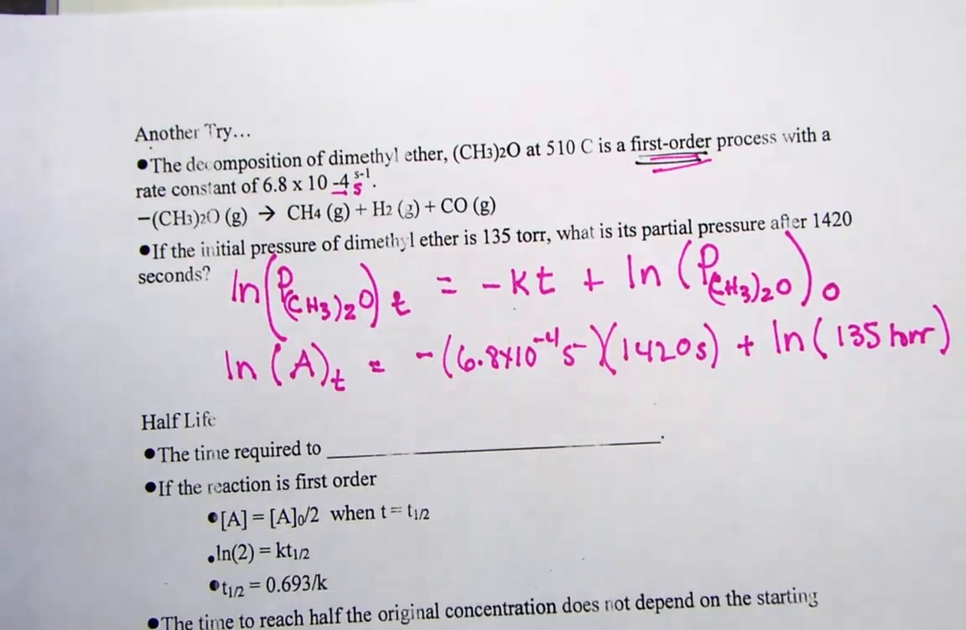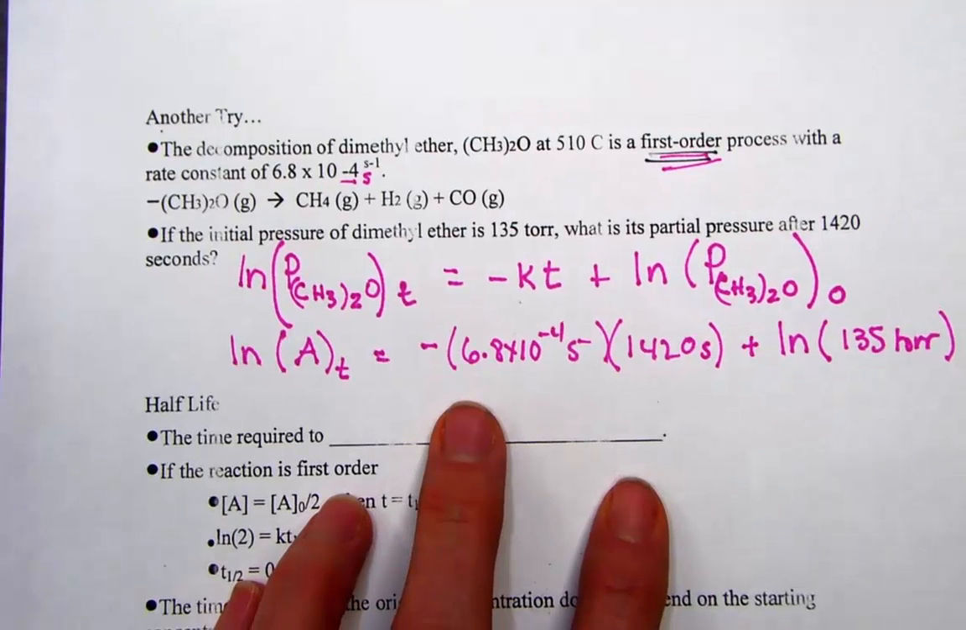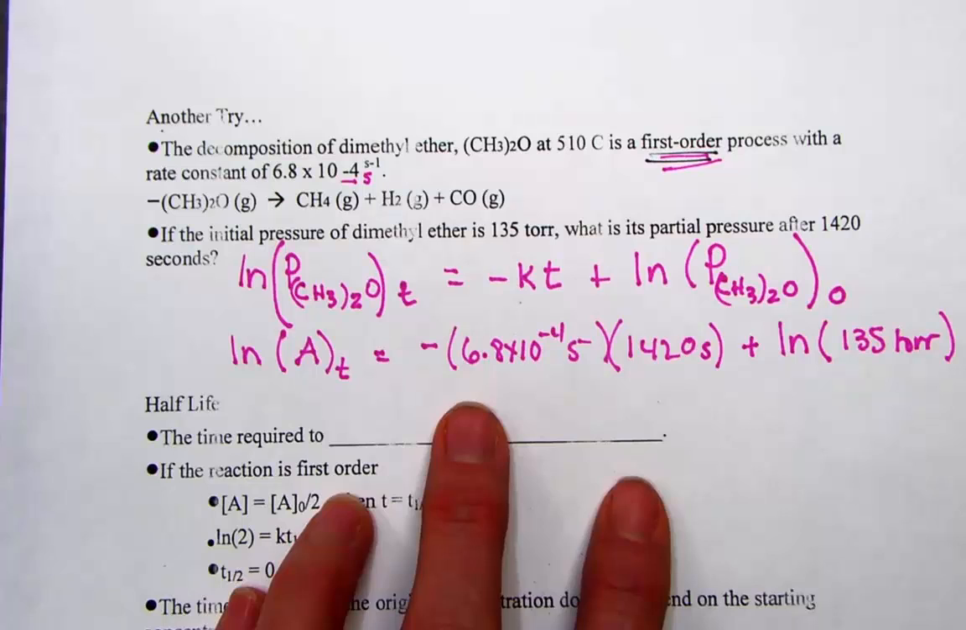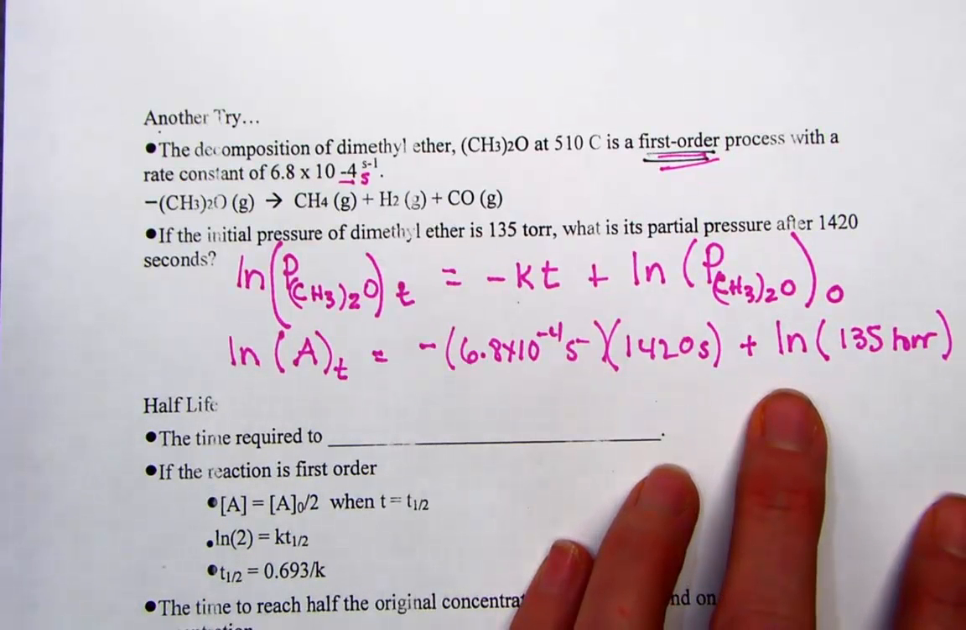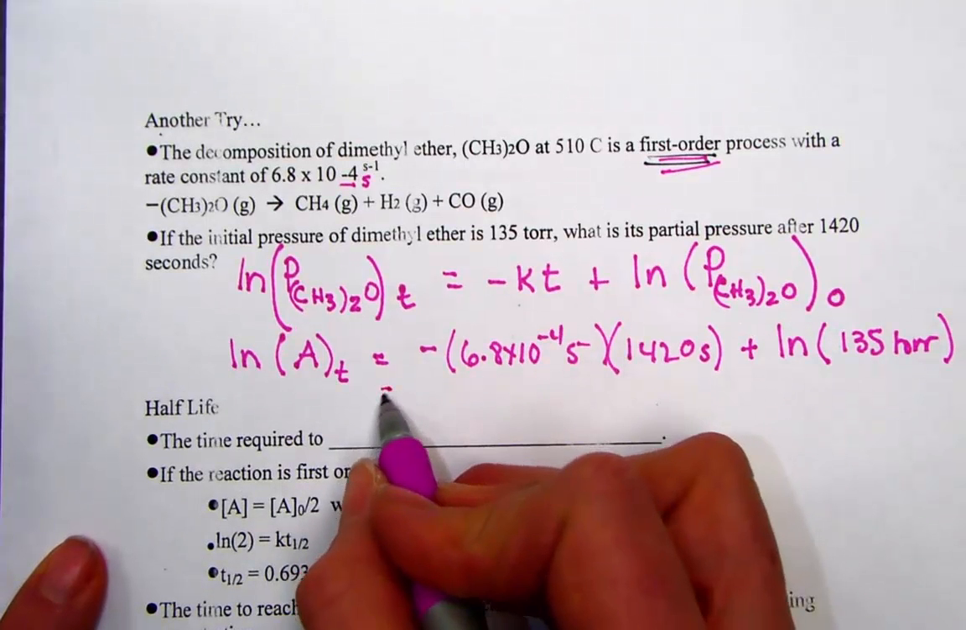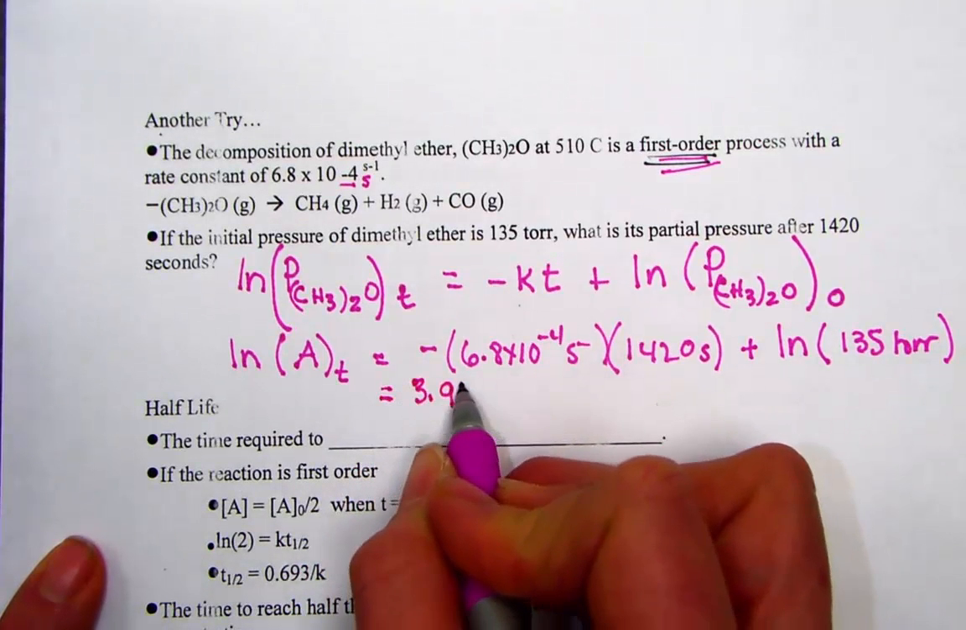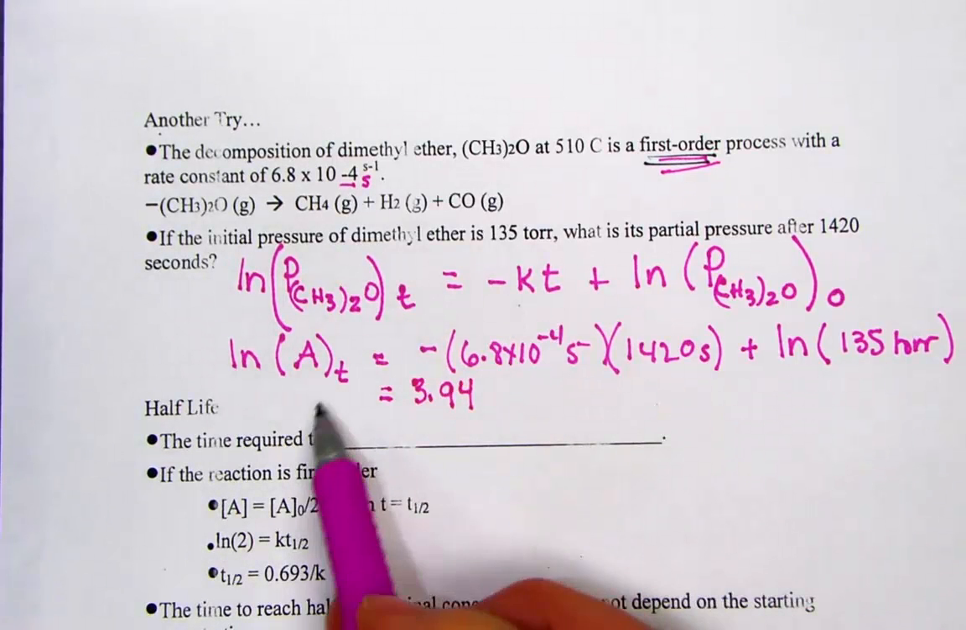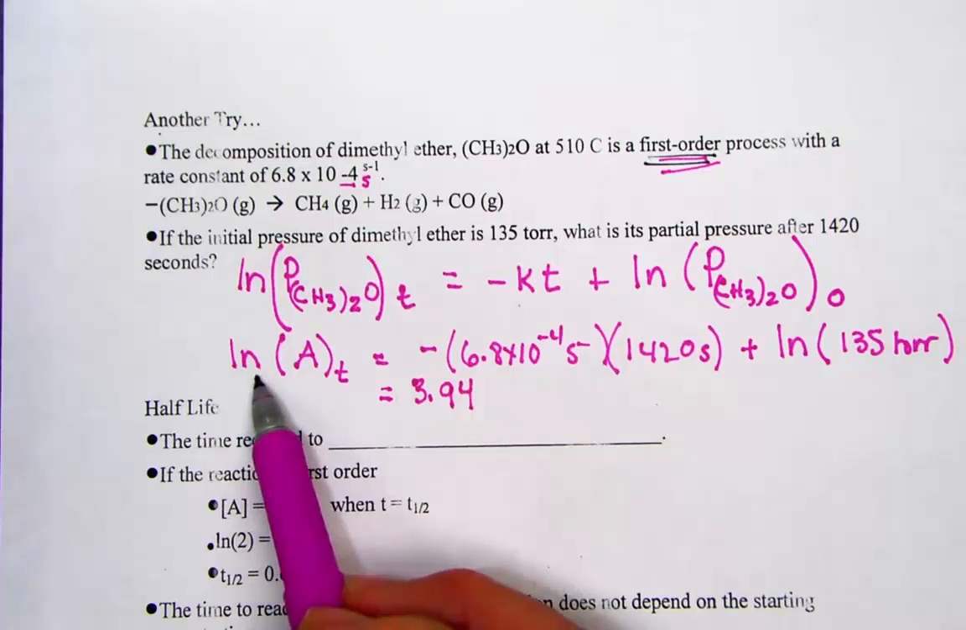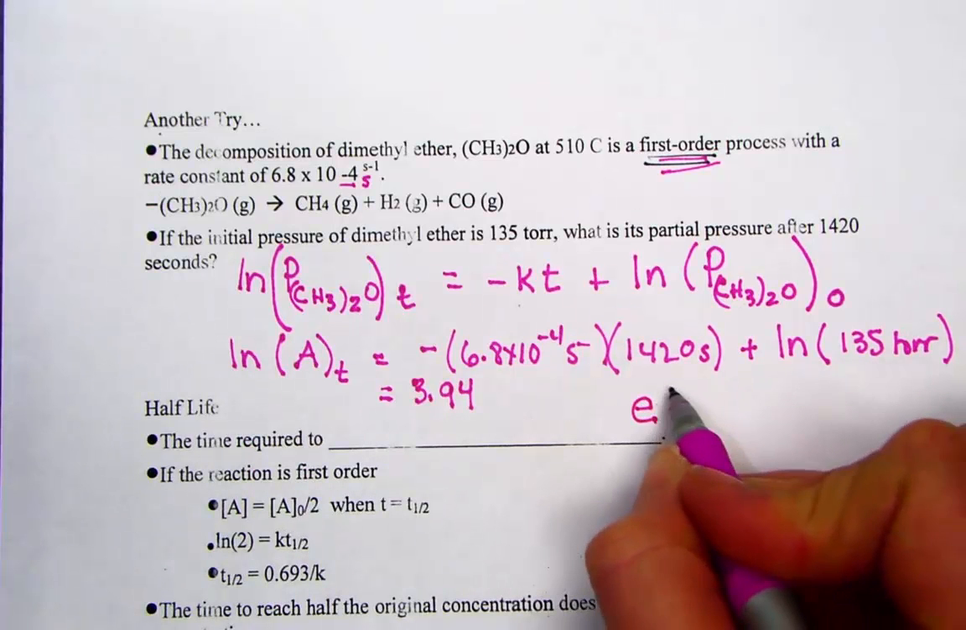When I simplify the right-hand side, let's do that together on our calculator. Negative 6.8, second function e, negative 4, times 1420 equals. Right now I'm at negative 0.9656 plus, parenthesis, natural log of 135, close parenthesis, equals. Right now, I have a value of the right-hand side simplified as 3.94. We want to know the partial pressure of our reactant without the natural log in front of it. So that's our e raised to the